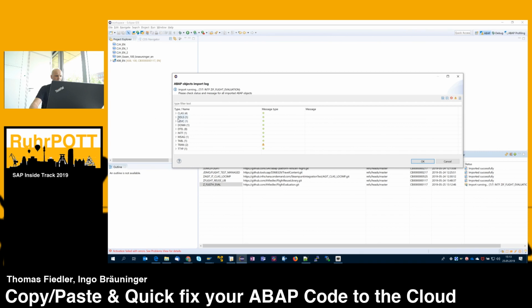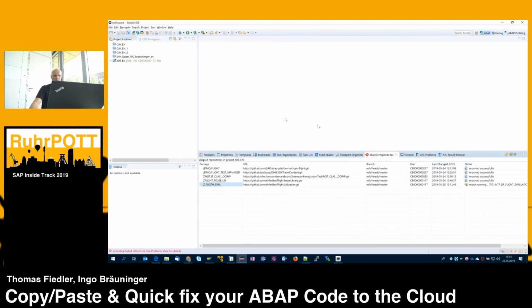So we see there, hey, the reports are not there. They are not migrated over to our ABAP in Steampunk, ABAP in SAP CP system, because they are not supported.